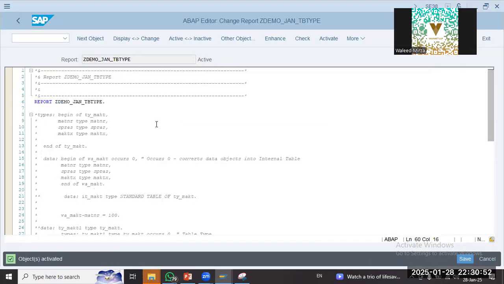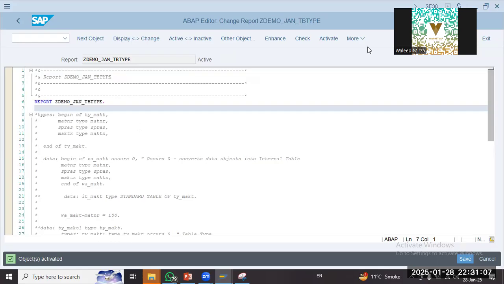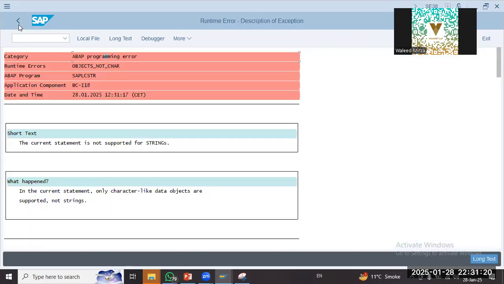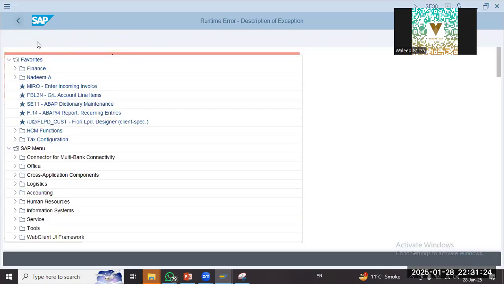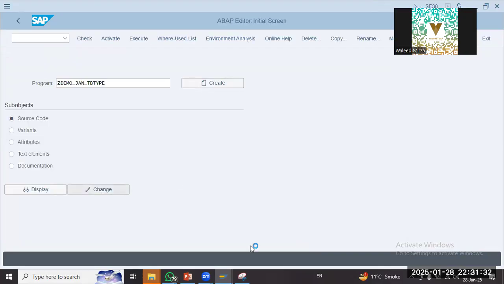And parameters. That's activated. Direct processing. 1, 2, 3, 4, 5, 6. Execute. Exception: it is not supported by strings. So what we'll do is